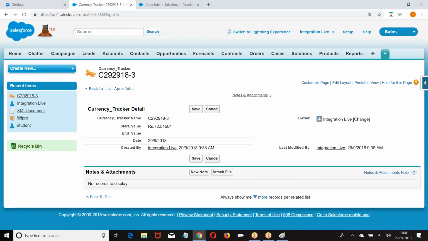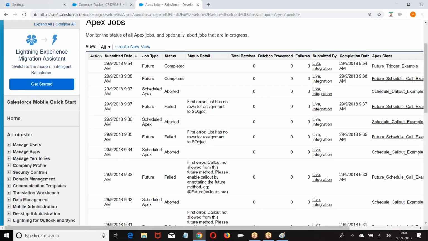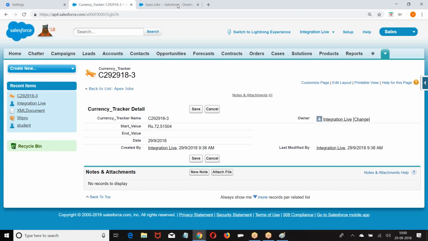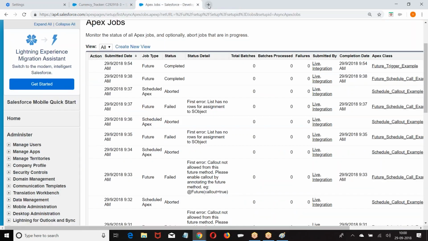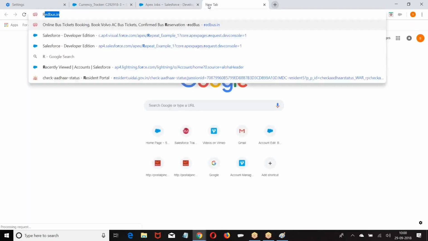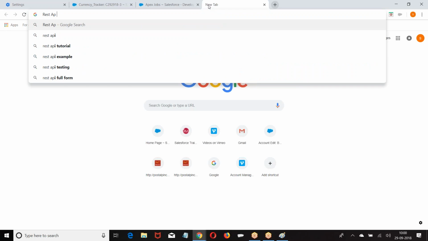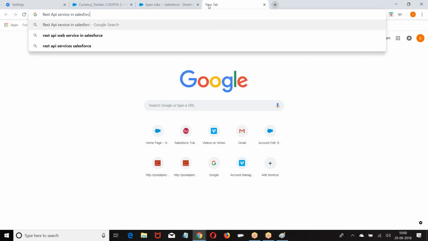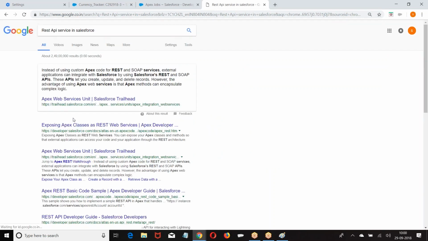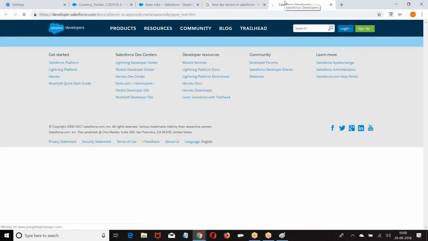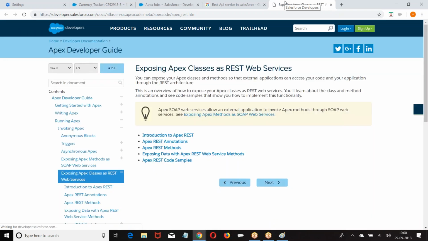So how do you define a REST API service? Let us understand this quickly. If you want to define a REST API service, it is an Apex class only. If you are a service provider, it's very easy for you, hardly 5 minutes of your work.